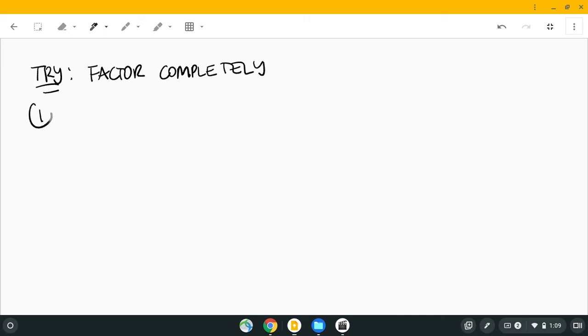So let's do factoring completely. When it says factor completely, you have to check to see if you can factor some more. So for example, if you have 2x to the fourth minus 8x squared, I noticed that they have 2 in common and x squared. So I'm going to use common factoring first. I'm going to factor out 2x squared, and that will leave me with x squared here and minus 4